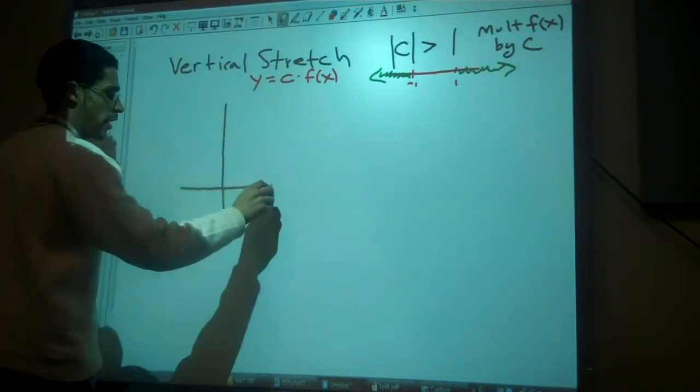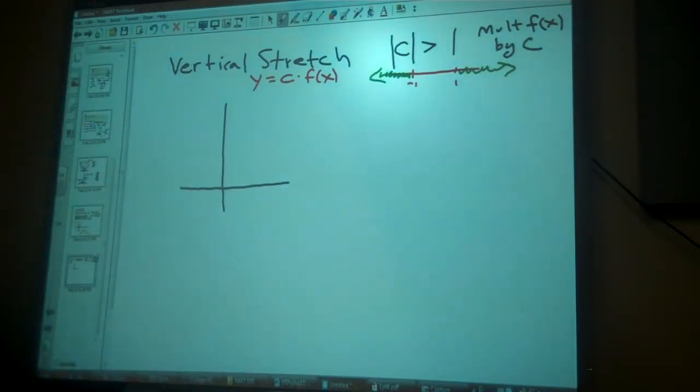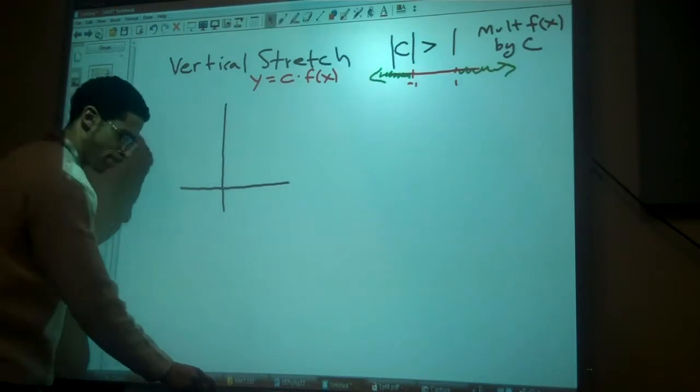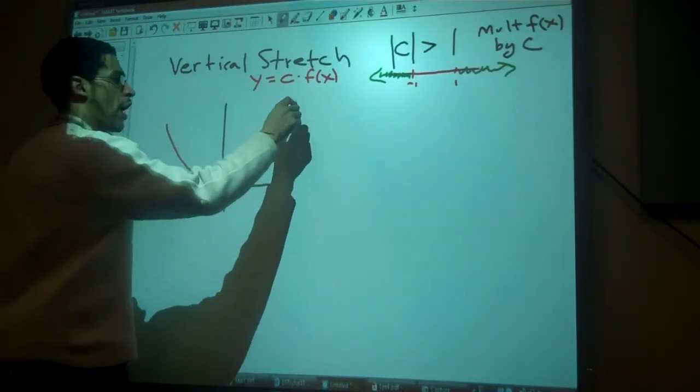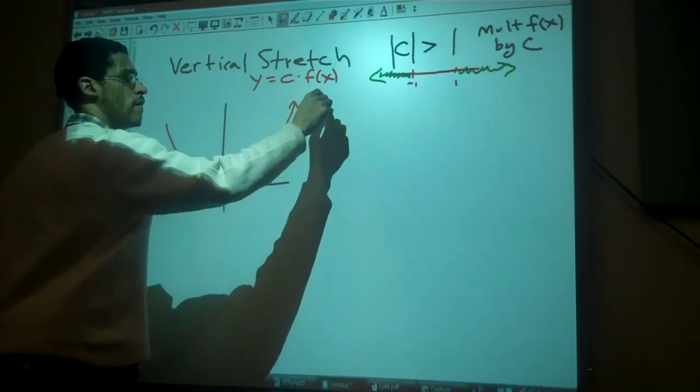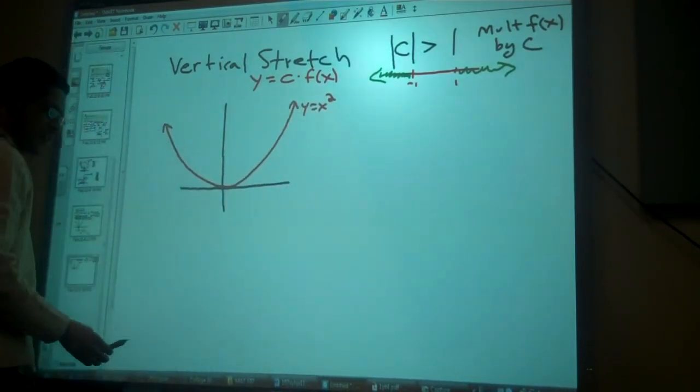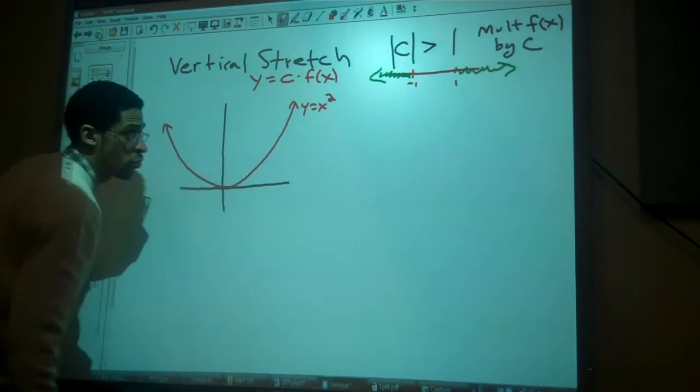It's hard to see, like except for like if you have a parabola or maybe an absolute value. If I have y equals x squared, and I want to stretch it,